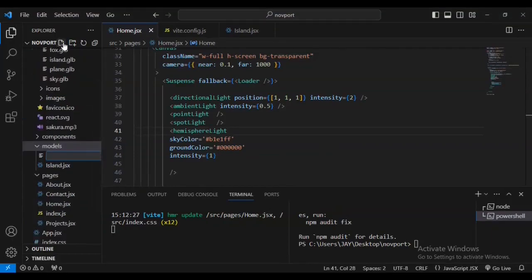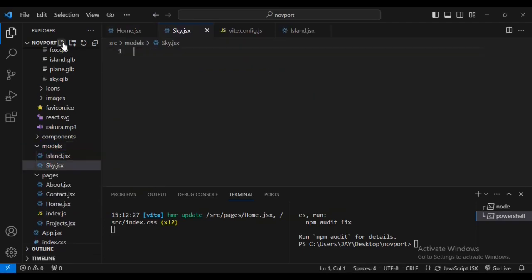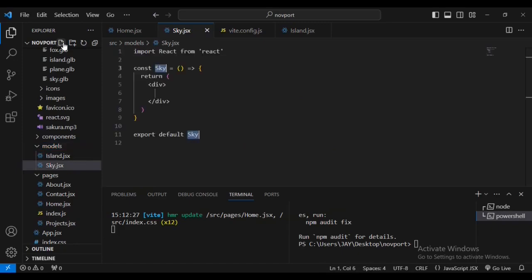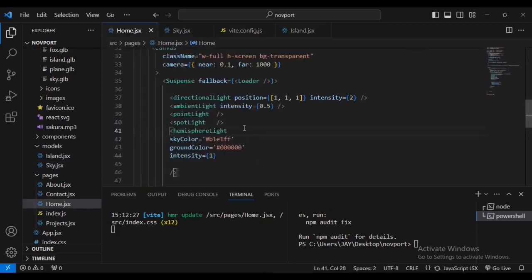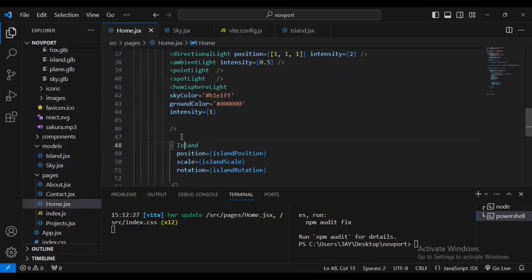Now let's come inside and create a new file called sky.jsx. This is going to be our background inside the models folder. So I'm going to run a function rafce. You can see I've got it. Now I'm going to come inside